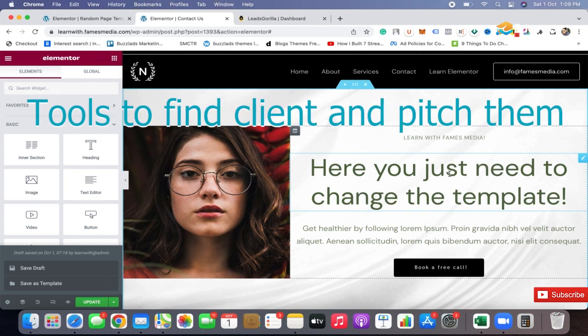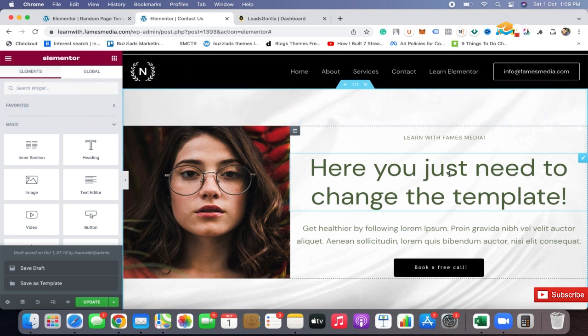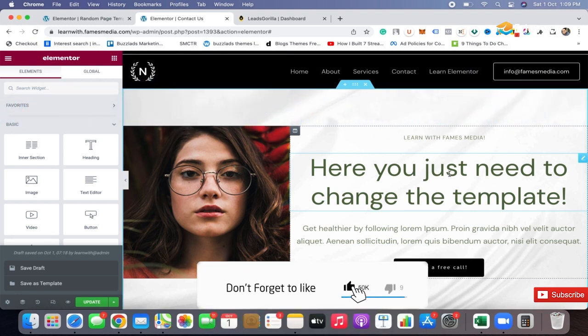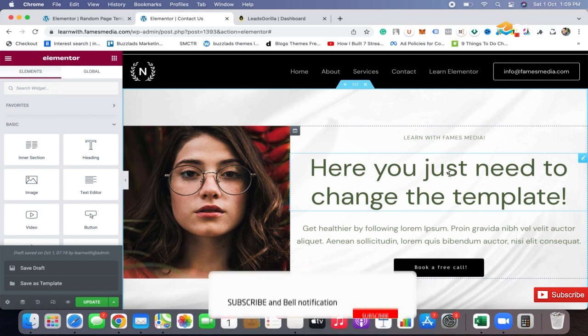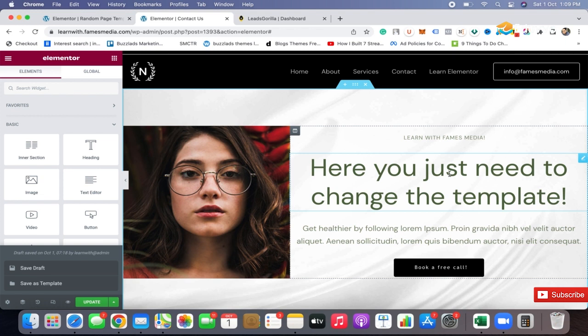Alright guys, now that we know how to create a website easily and effectively with the help of Elementor, you will be able to create any sort of website for any industry and any of your clients. But the question is how to get your first website development client that can pay you a good hefty amount. In order to do that, we'll be taking the help of a tool, a professional tool,